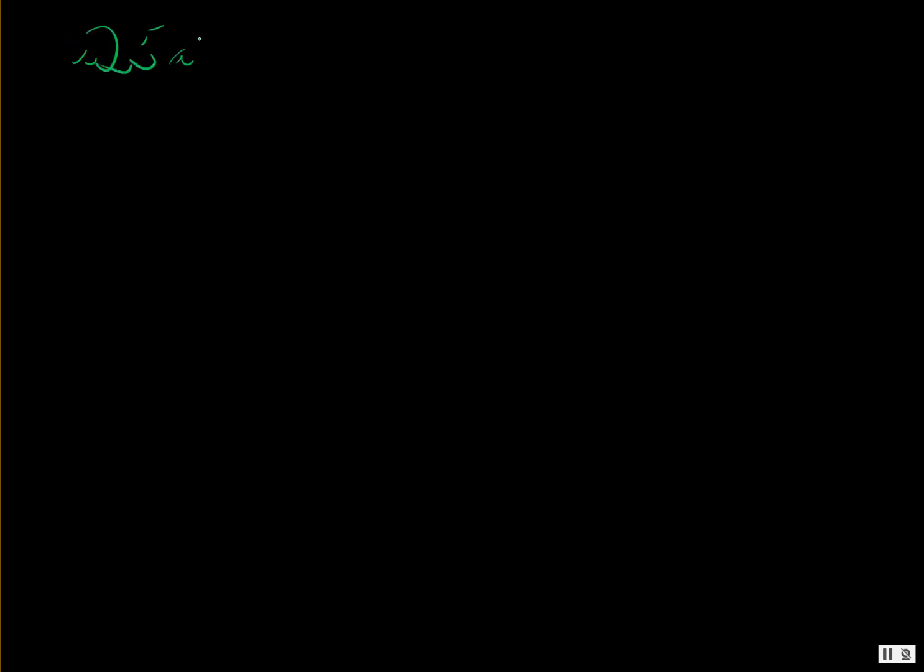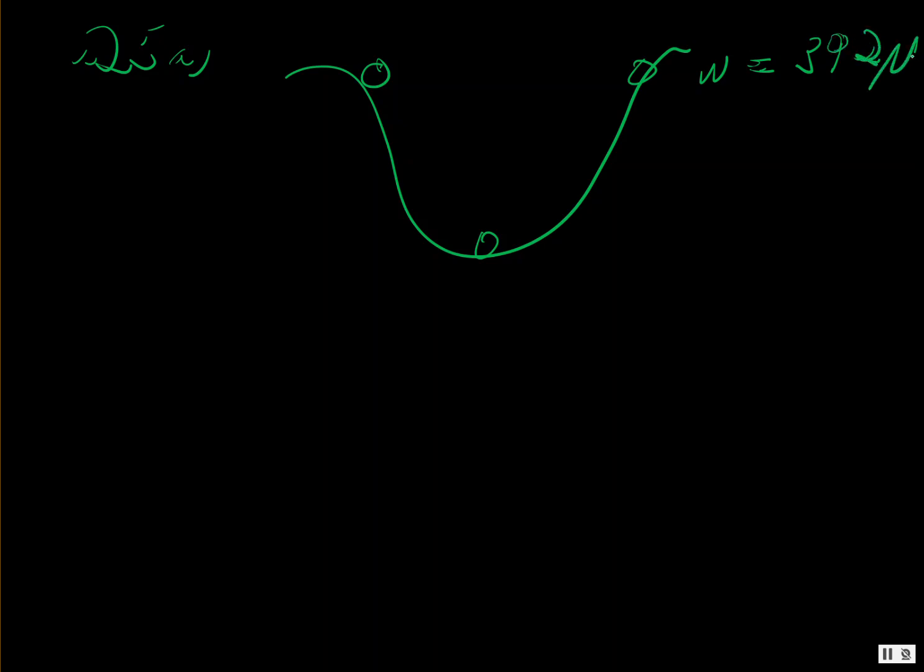Okay, so doing something like that, it comes off, goes down the hill, and is going to wind up right back up here. All right, so the weight of the wheel is 392 newtons. So let's go ahead and find the mass. We know that weight is equal to mg,